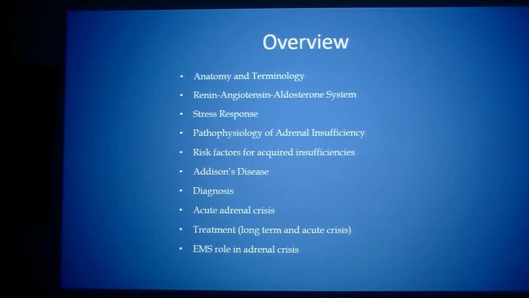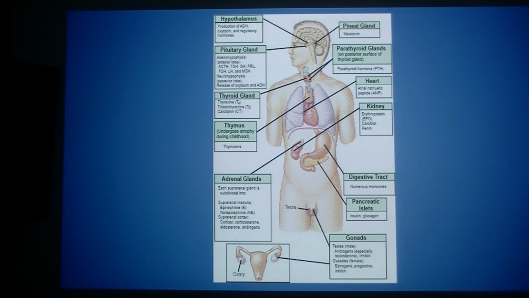We're going to look at anatomy and terminology, the renin-angiotensin-aldosterone system, stress responses, pathophysiology of adrenal insufficiency, risk factors for acquired insufficiencies, Addison's disease, diagnosis, acute adrenal crisis, treatment both long-term and for the acute crisis, and then EMS role in adrenal crisis. So looking at the endocrine system, which is a series of glands, we're going to look at